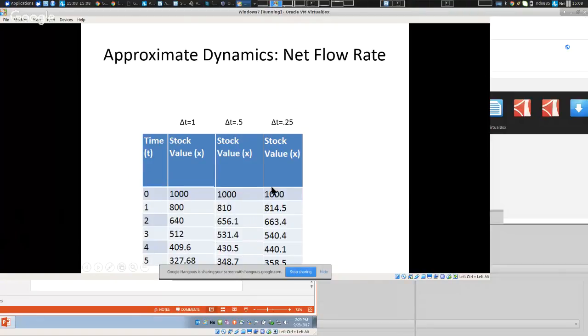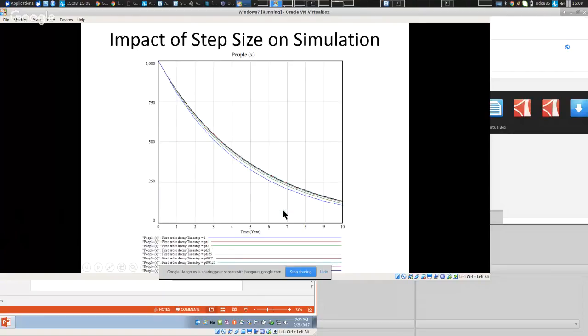Now, of course, we could go even further. We could do 0.25, and here we'll see that even this 810 is overstating how much it will decrease, right? Here it's 814 because we realize, wait, it's changing. And if you go and you plot it out, you'll see something like this. It converges. It converges to a well-defined sort of decrease. But assuming time step 1 is pretty far off from assuming time step 0.5. But you see, as you increase it, as time steps become finer and finer, it converges towards